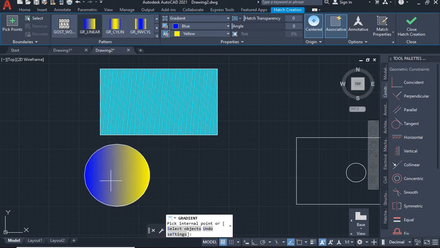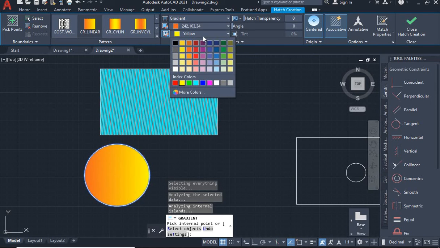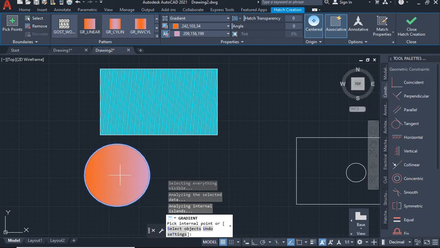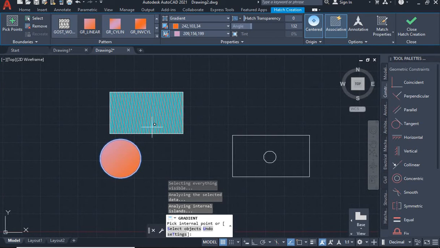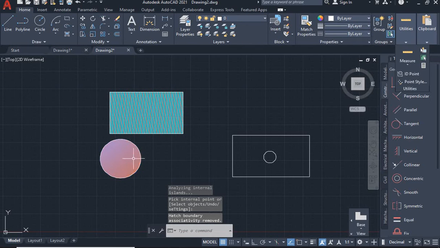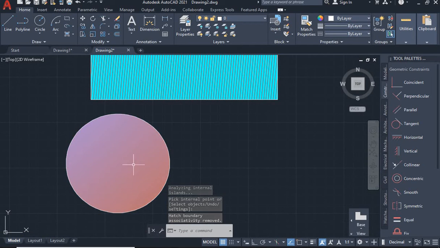I'll take this gradient and click inside another shape. Here I can change the color, so I'll just change the color. This is how I change the color. In the same way I can set the transparency of the gradient that I have applied, and I can even change the angle of the color that I have given. Now I can even, let me close this, give hatch and gradient both